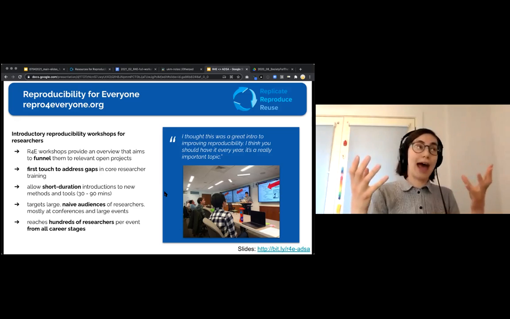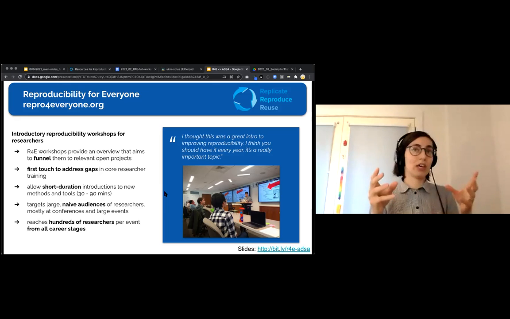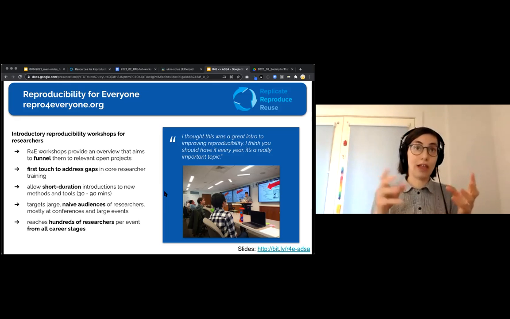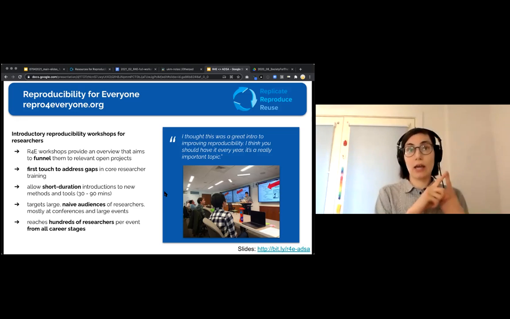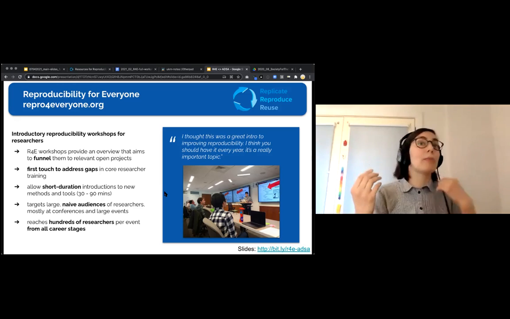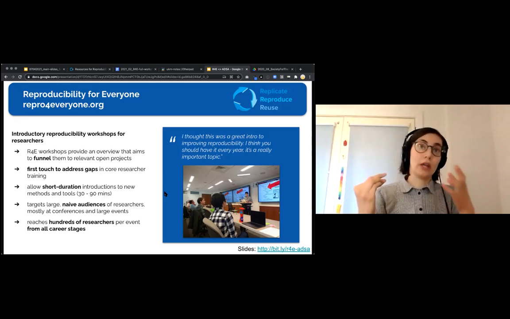When we do it at a conference, we find that the people in the room are not already reproducibility advocates. A lot of them are apathetic about the topic to start, but because they've already dedicated that time at the conference to learning, they're more likely to just drop into something. They probably would not have attended a reproducibility workshop at their institution in their day-to-day job.